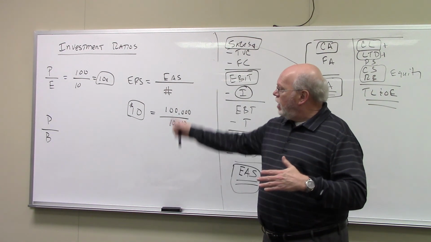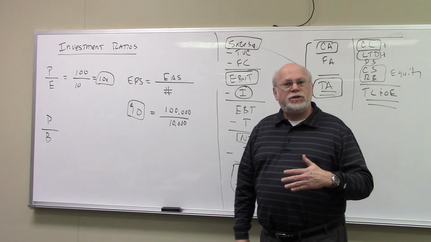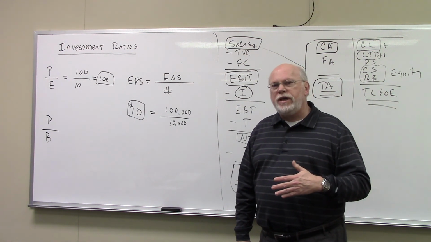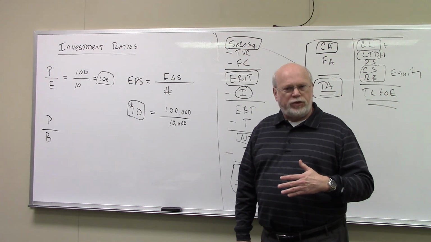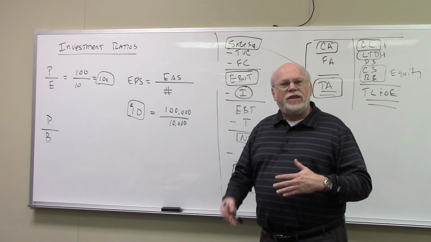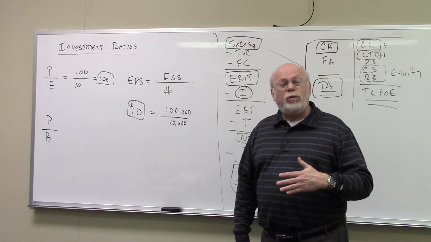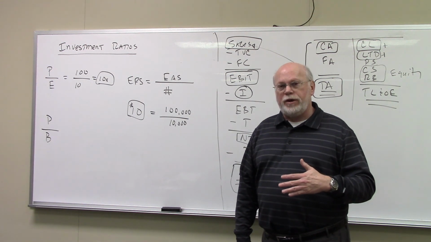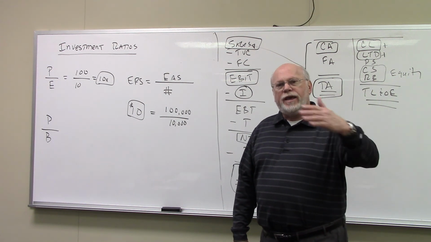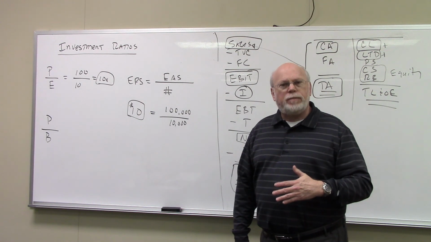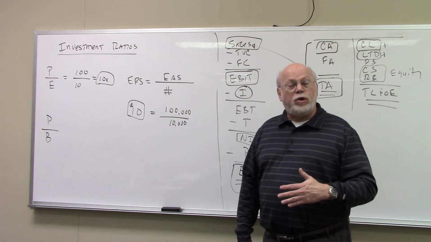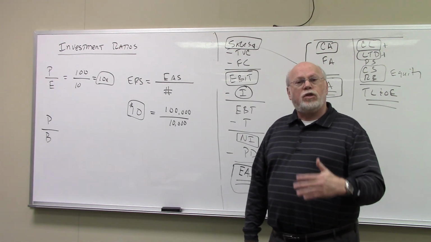By the way, in the market right now, the average PE ratio is over 23. So this company that we made up, at 10 times, would be considered a very low growth company right now. Again, the higher the PE ratio, the higher the expected growth. The lower the PE ratio, the lower the expected